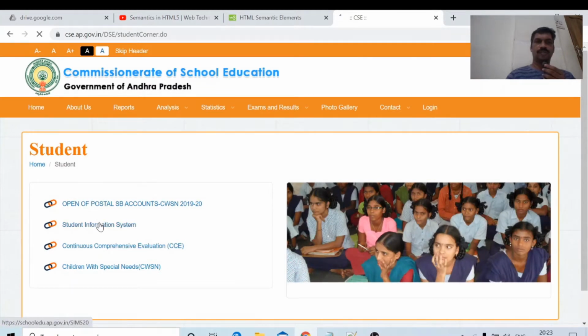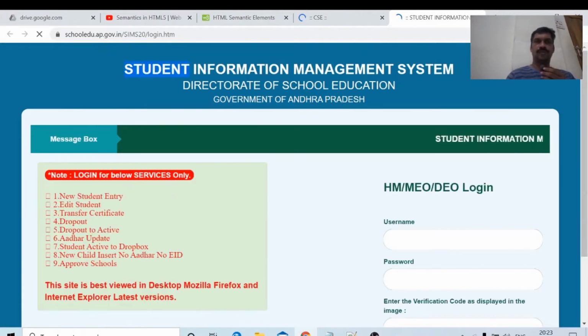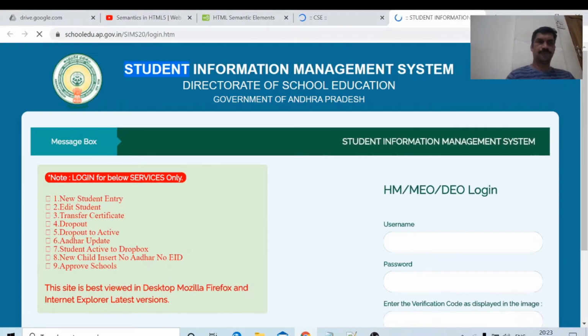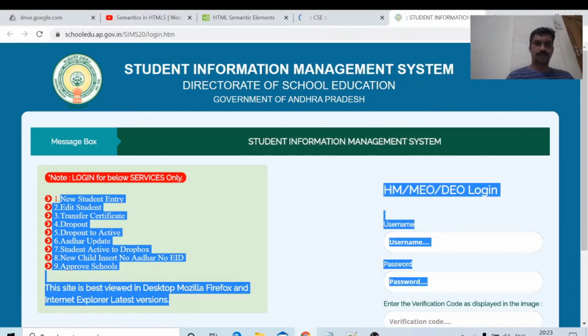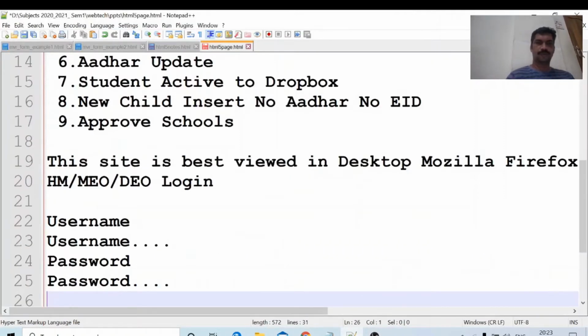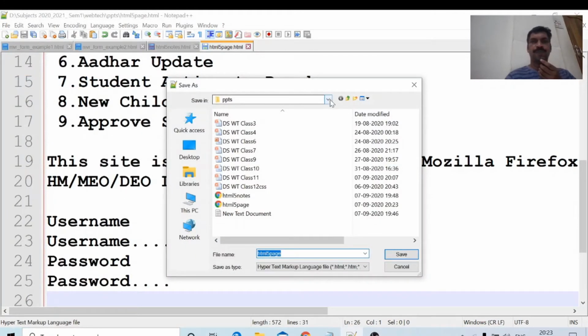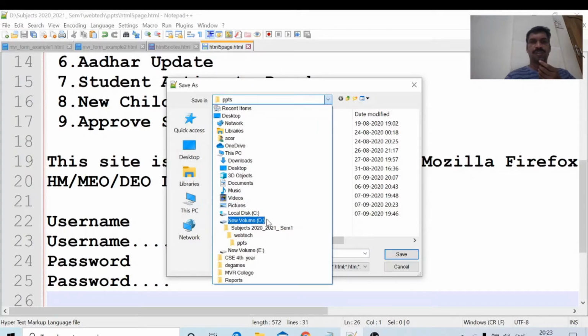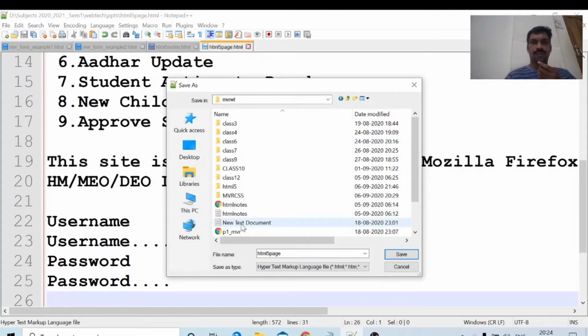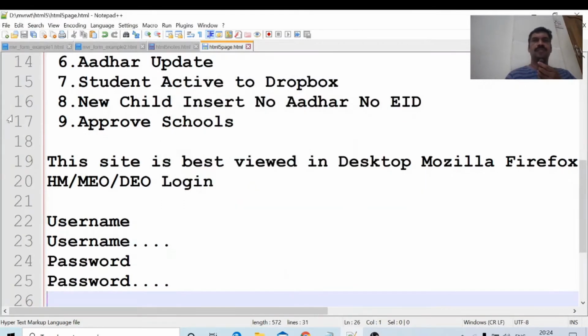Student information system. Control S. Now I am saving this file in D colon, mvrwt, HTML5. I am saving this HTML5 page in that folder.